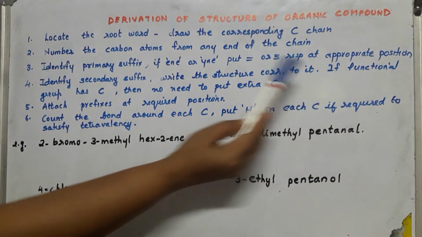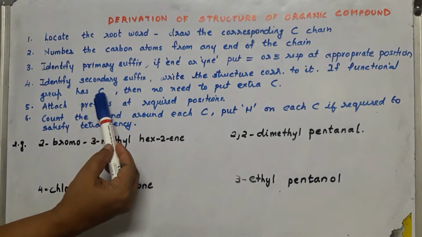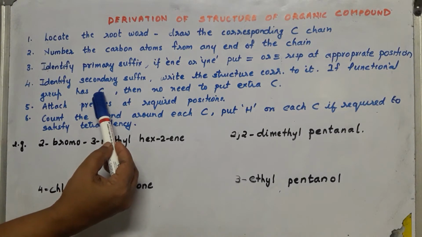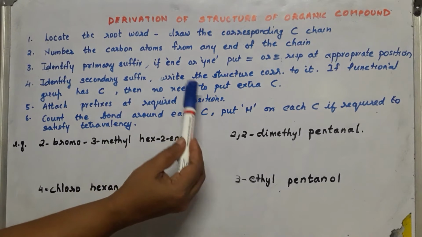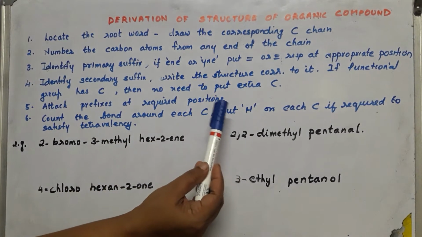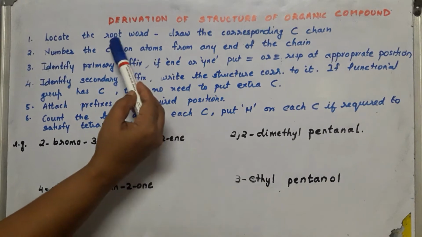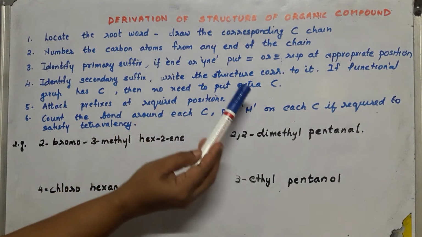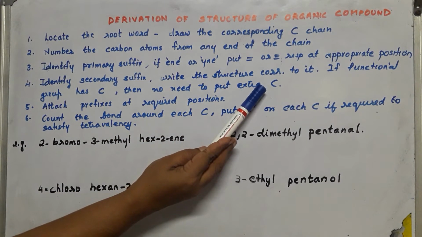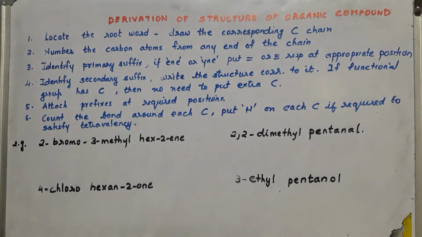And if the functional group has a carbon in it, then no need to put any extra carbon. Already we have put a carbon chain according to the word root, so no need to put extra carbon. Whatever is the functional group, remaining atoms only you have to give on the